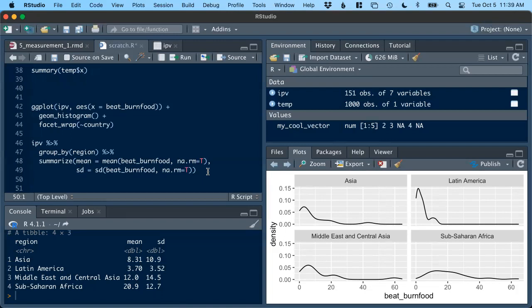If we just look at the averages, we're missing part of the story, right? In Latin America, we have a story of homogeneity. All the countries are pretty similar to each other. In sub-Saharan Africa, the Middle East and Central Asia, in Asia, we have a story of diversity. The countries are really different from each other, right? And so it's your job as a statistical analyst to not get fixated on a single number, to really explore the complexity of the data, and to not misrepresent